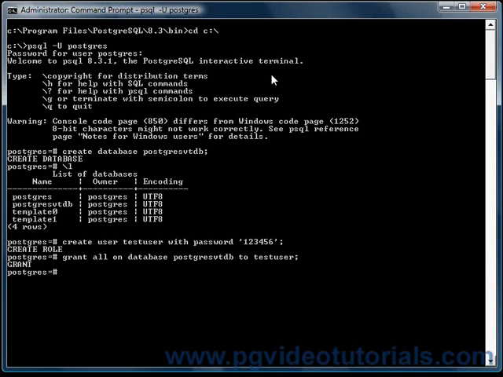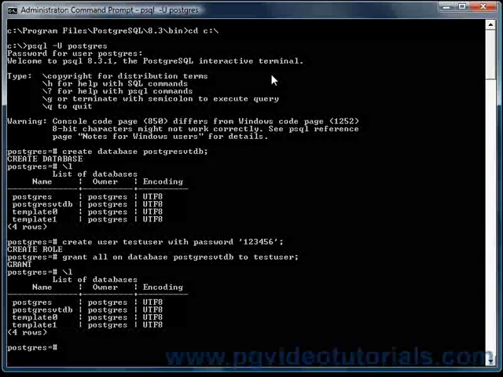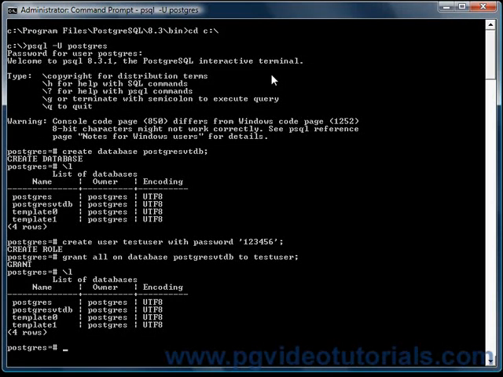Let's have a look now at the databases and see if our database owner has changed. As you can see, it hasn't. Why is that? Any object you create in PostgreSQL is owned by the user who created this object. It doesn't mean that other users will not be able to use this object. There is a way of changing ownership for different objects within the database or within the database cluster, but there is no point in doing this at the moment, as we've granted privileges to postgresvtdb to our user called testuser. Okay, so now we are going to exit out of the prompt here, Ctrl+C or \q,